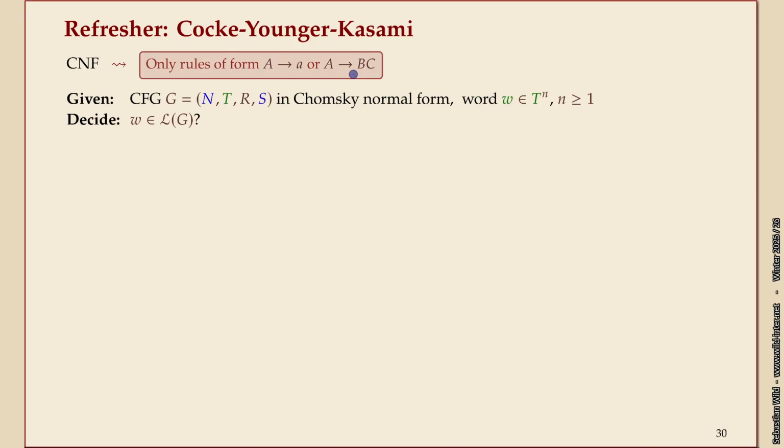And I guess you can even say it's linear, because these rules, you can only have as many as you have terminals. And these rules form a binary tree. So there are n minus one of these if you have n symbols in the end. It's very rigid. That's why it makes parsing easier. The algorithm to do the parsing is called CYK, Cocke, Younger, Kasami, after the inventors, and is given a grammar in Chomsky normal form and a terminal string. And the easiest version says it's just deciding, is that string in the language of the grammar or not?